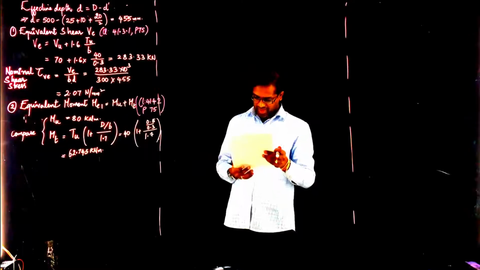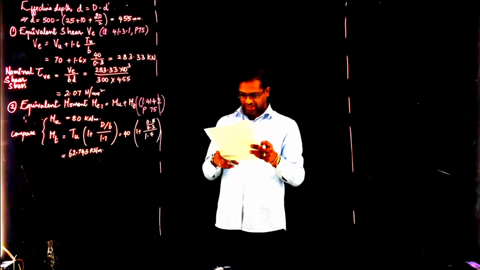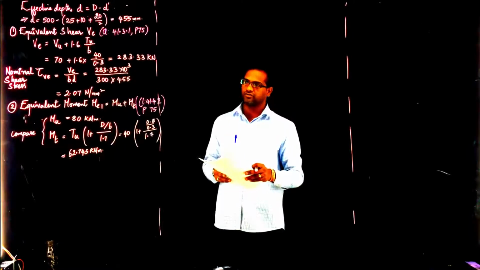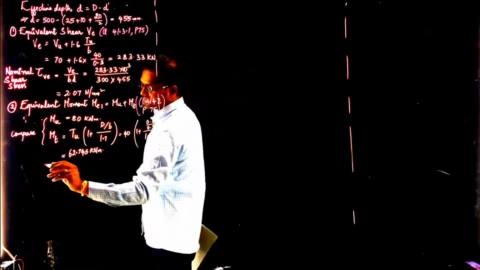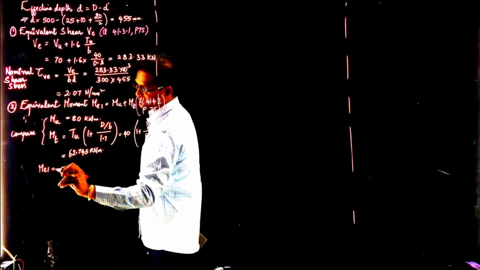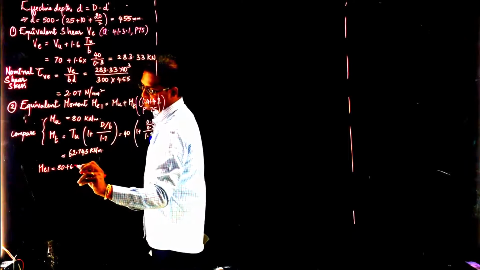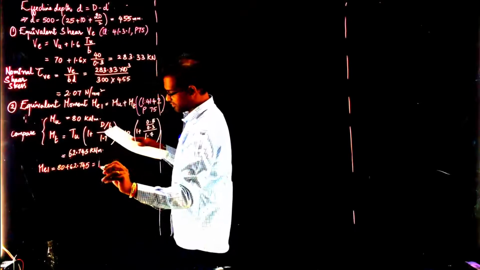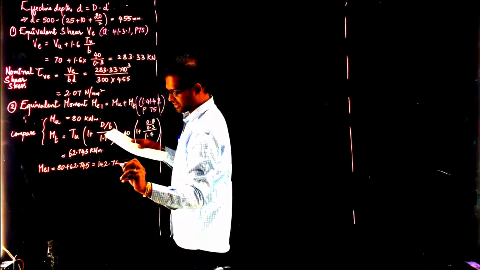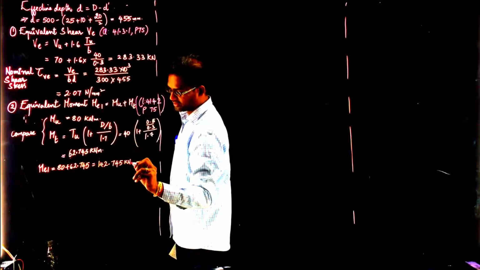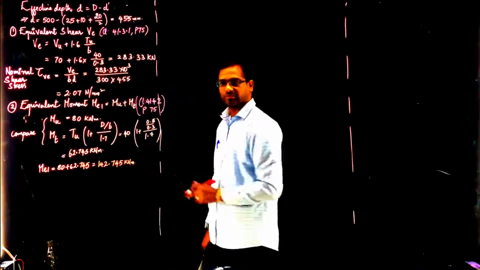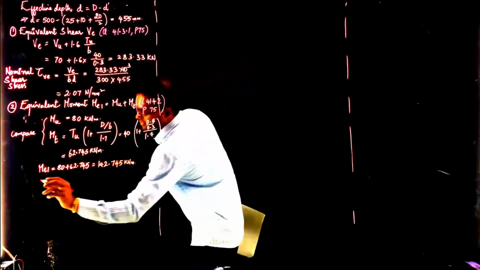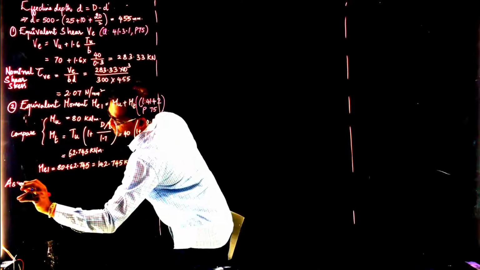Okay. Now, assuming the section as under reinforced section, we can now calculate the reinforcement required. So MU1 is given by 80 plus 62.745, which gives a value of 142.745 kilonewton meter. For this moment, you need to calculate the steel requirement. So assuming the section as under reinforced section,